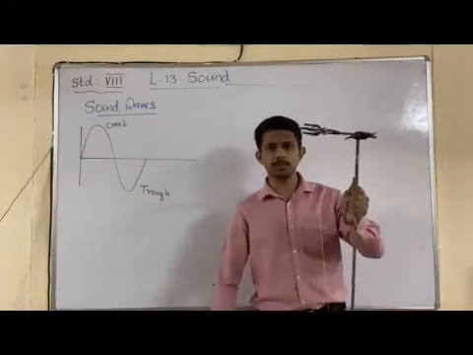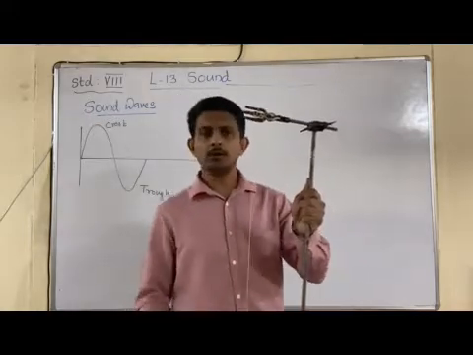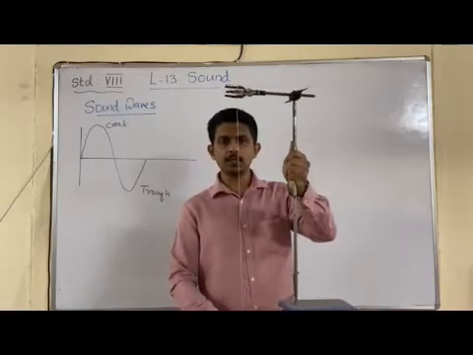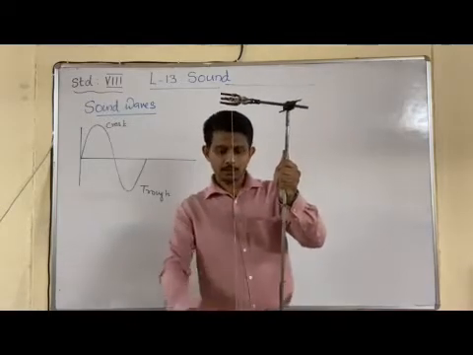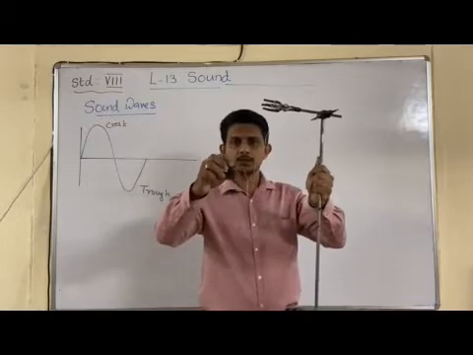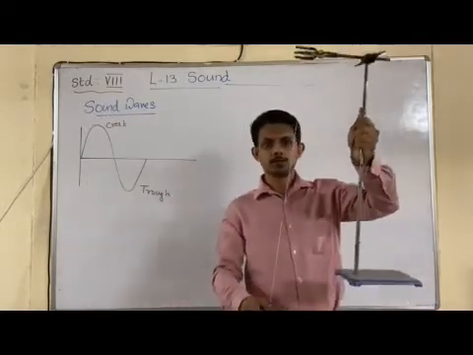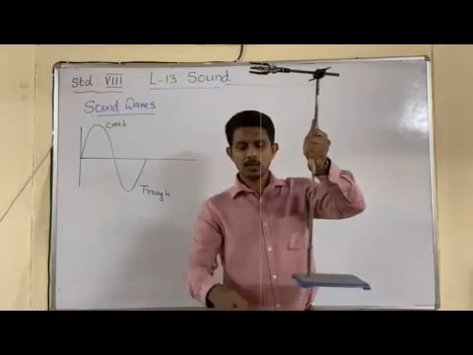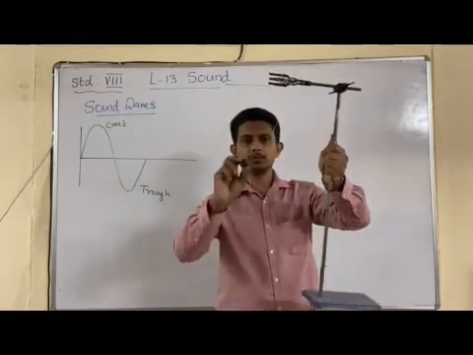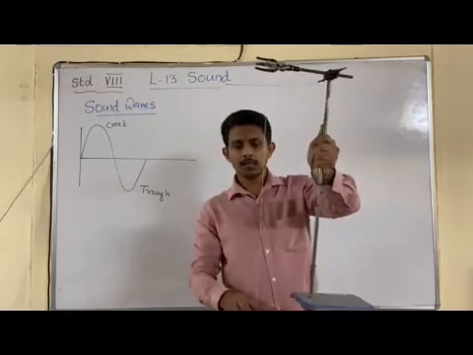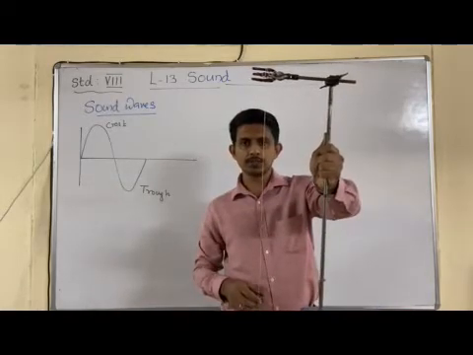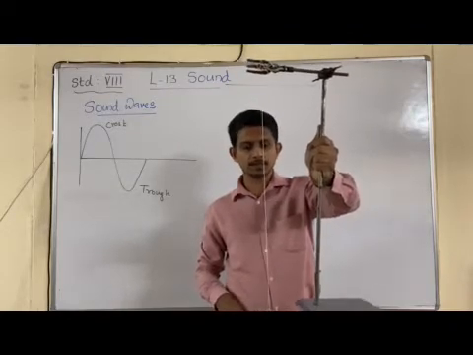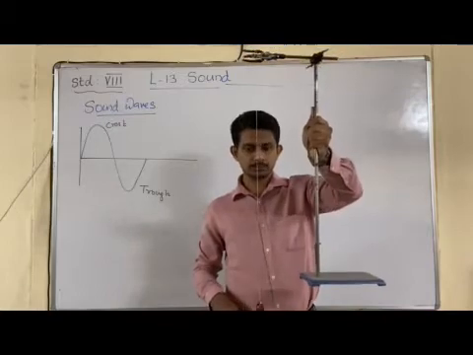This is the way we study these slow oscillations in the case of a pendulum. A pendulum is a device in which a massive body is attached to a string, and one end of the string is fixed like this. On the other side a massive bob is attached, which is set into oscillations. It starts oscillating from one side to another. In this manner it is set into oscillations.